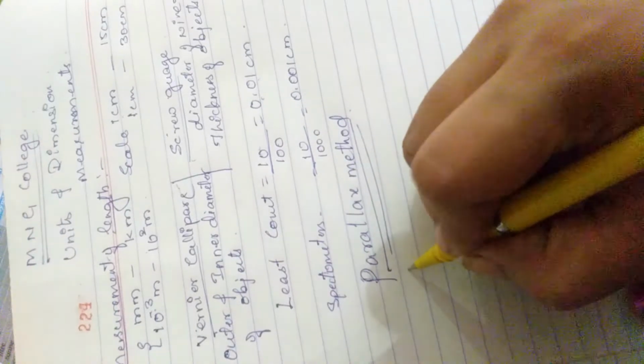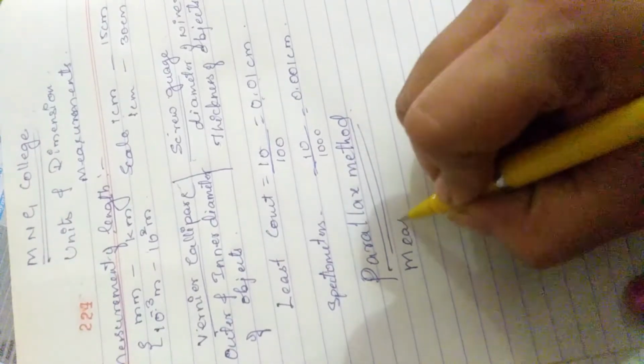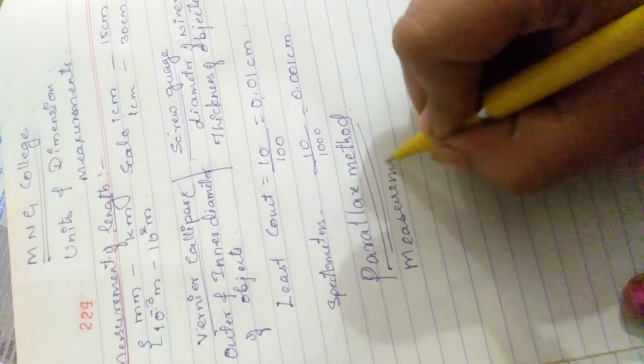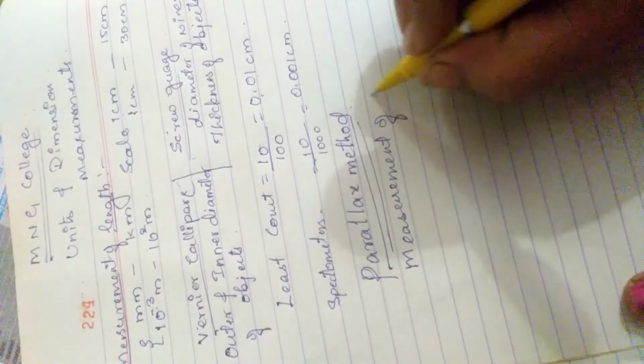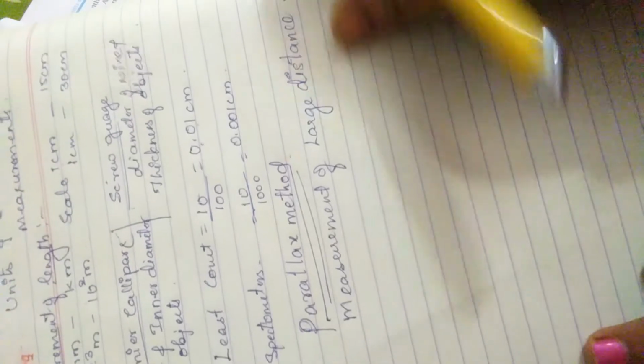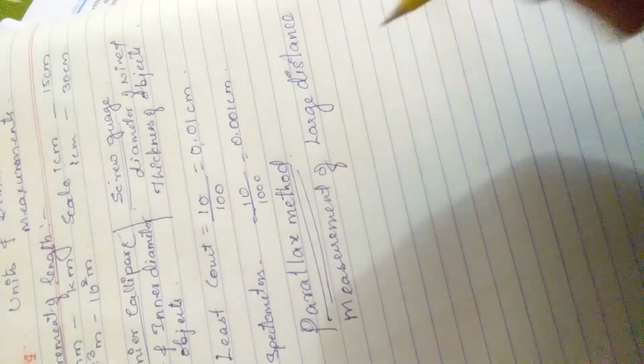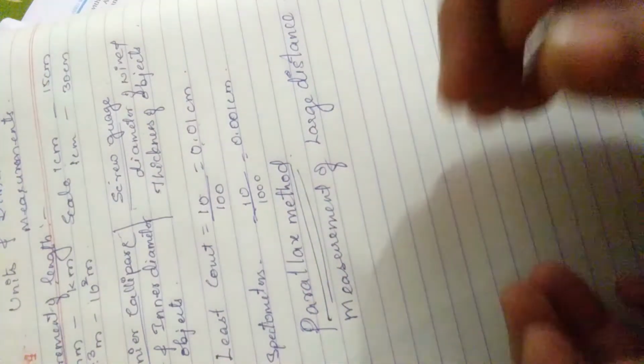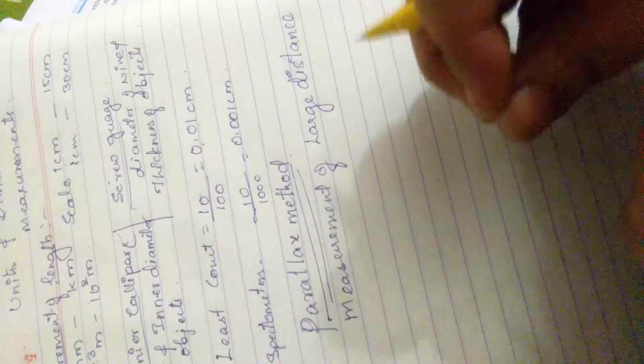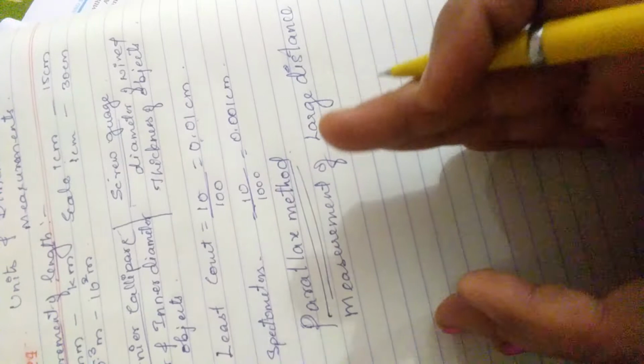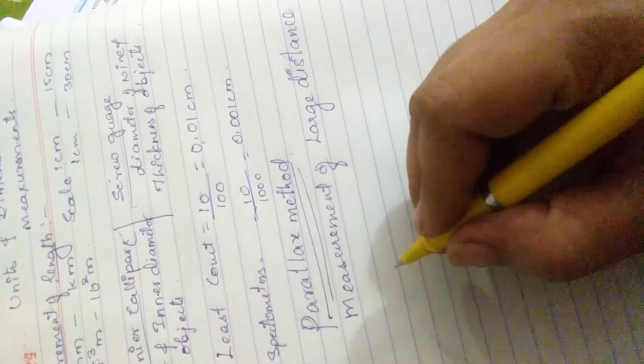This method is used for the measurement of large distances. So this method is called the parallax method. And so what is the parallax method? The method which is used to measure the large distance of an object, that we call the parallax method. For example,